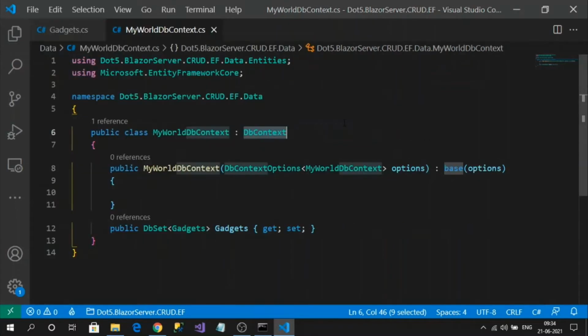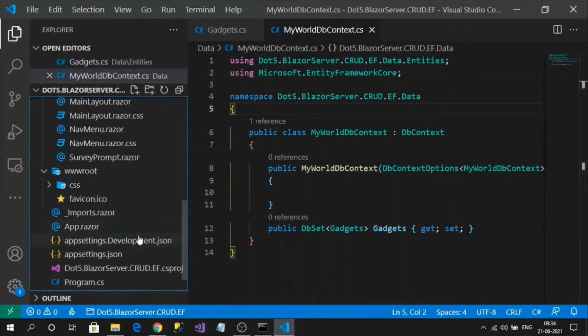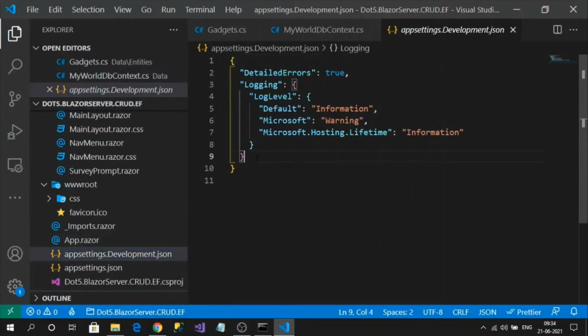Now let's add the connection string for our database. For this demo, I am going to use appsettings.Development.json. In real time, the connection string must be saved in a secret file, but that is a different topic.